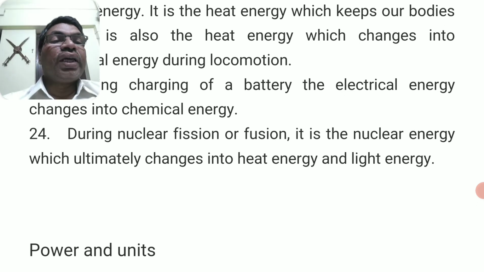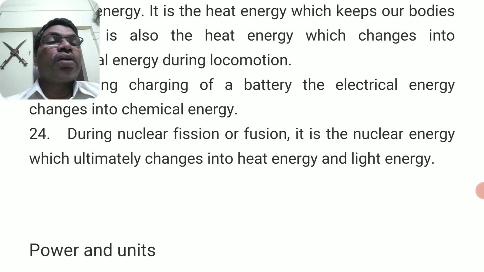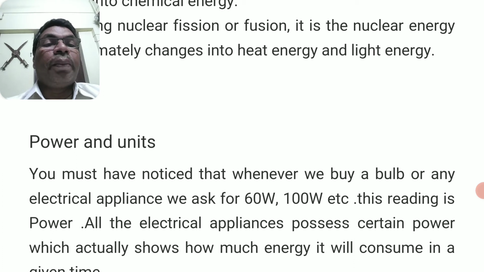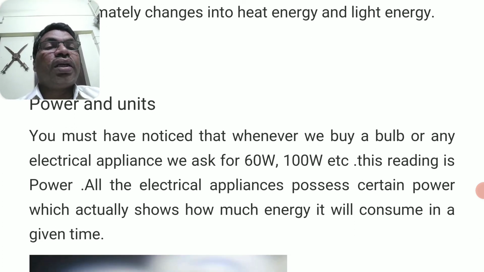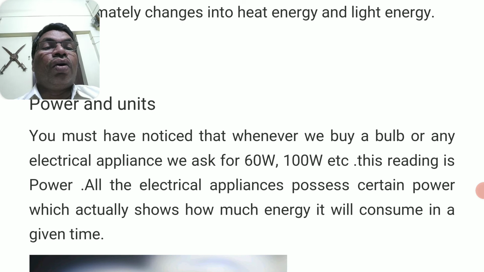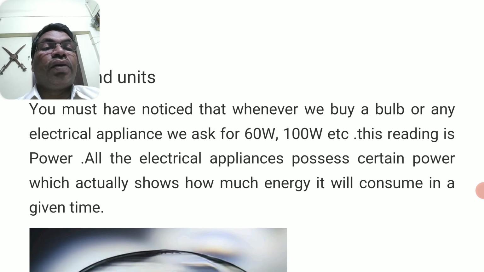So these are some of the examples of transformation of one form of energy into another form of energy. Let us come to the last part of this chapter. What is power and what are its units? You must have noticed that whenever we buy a bulb or any electrical appliance, we ask for how many watts of power it is consuming. This reading is power. All the electrical appliances possess certain power which shows how much energy it will consume